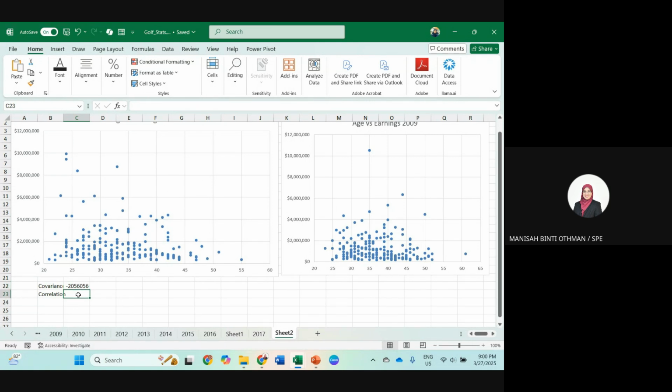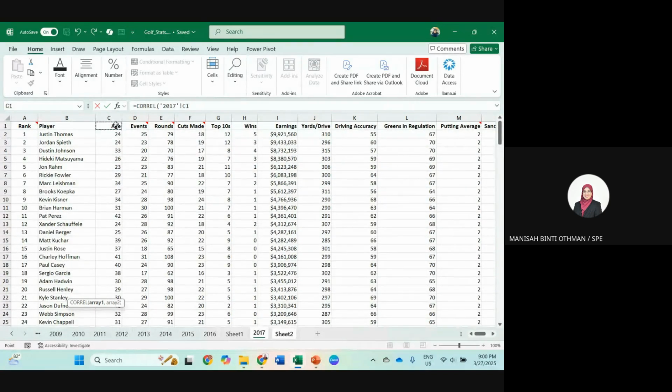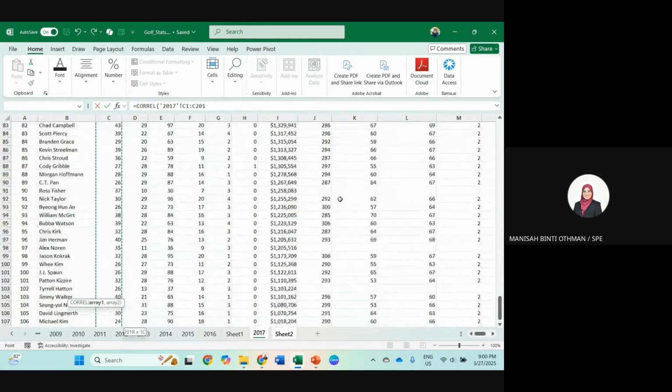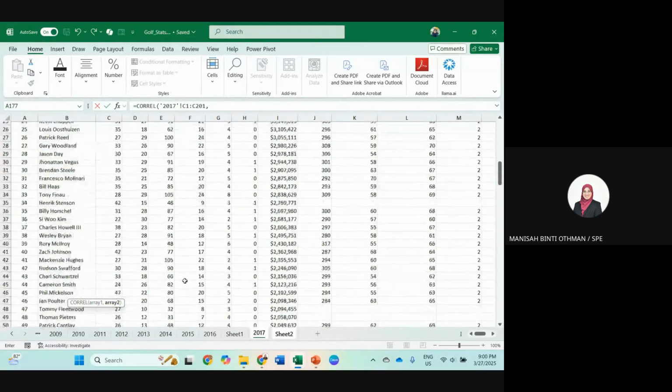Next, calculate the correlation. Equals correlation. Later I will explain what it means. Correlation, same as previous. Go to 2017, age, Control Shift Down, and then comma. See the formula here, you can refer to it.